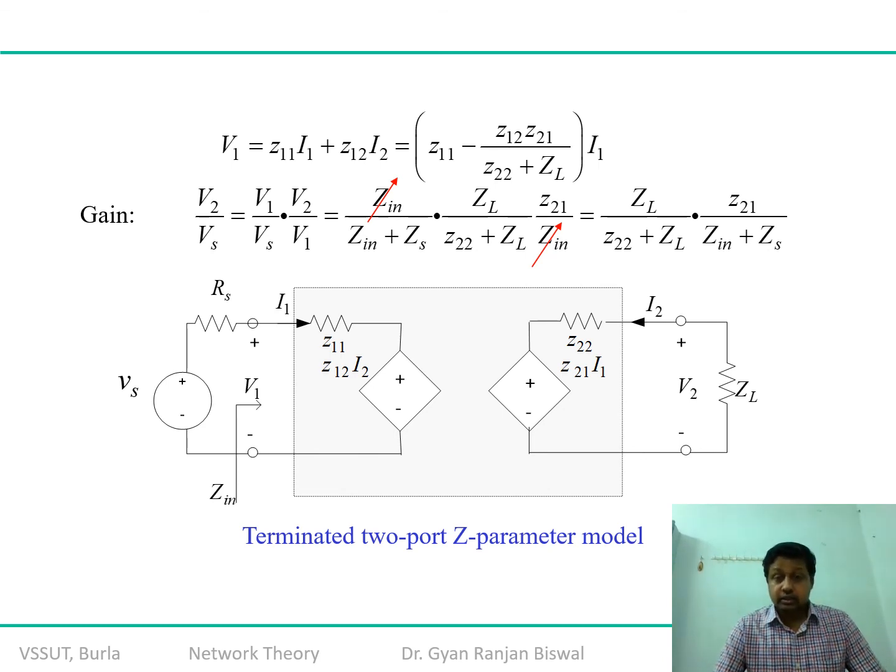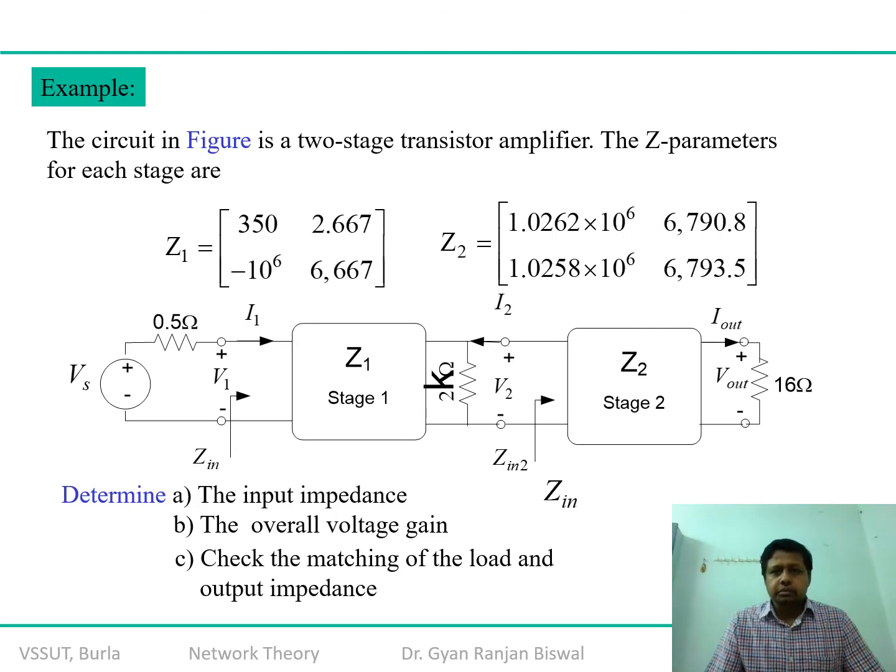So try to understand this beautiful problem. If you still face any difficulty, don't hesitate to revert back. I hope that you will be able to solve it, but if you are finding any difficulty, I give you a hint: do it in reverse. You know that the ratio of Vout by V1 or Vout by Vs may be segregated into two parts. One is Vout by V2, and then you calculate V2 upon V1 or Vs. In that way you will be able to solve it easily.